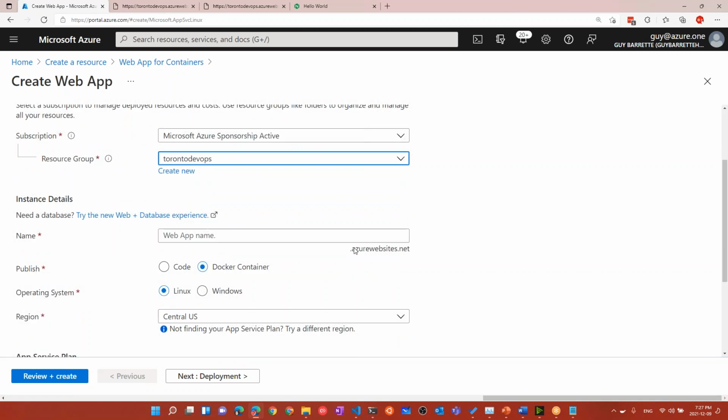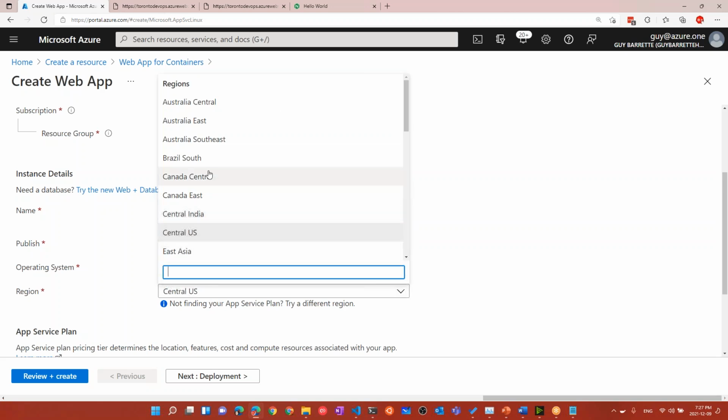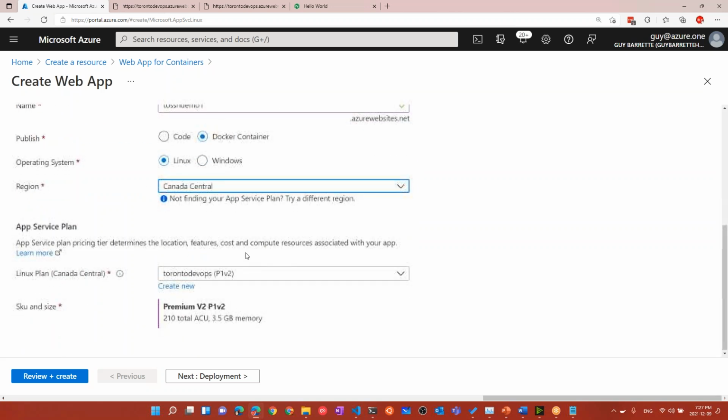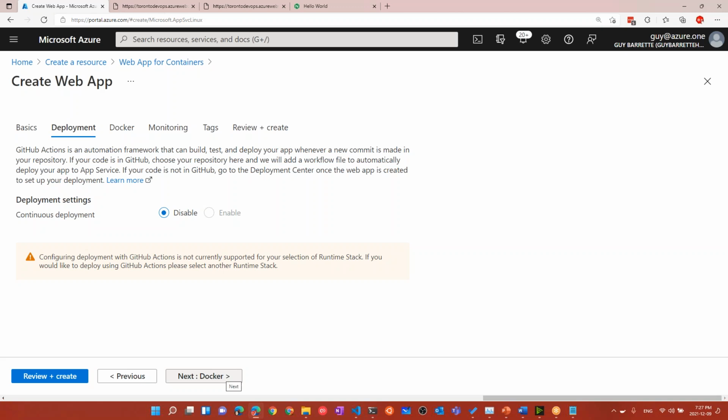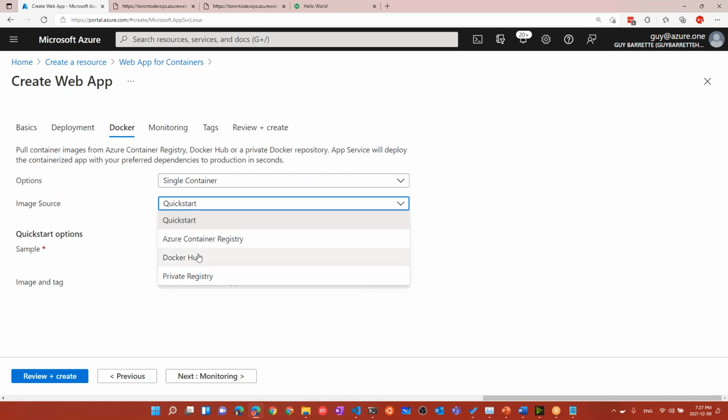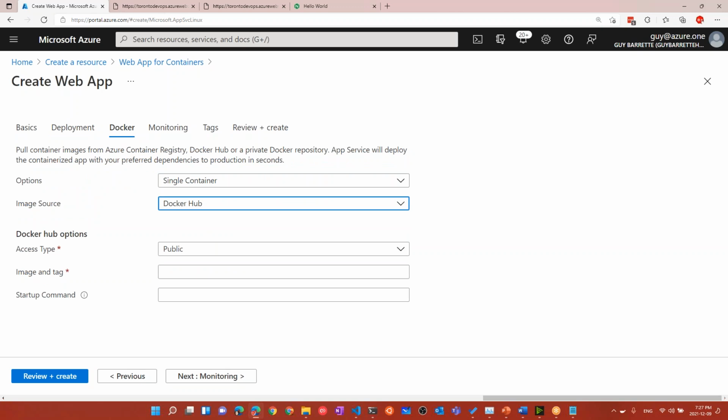Toronto DevOps web app. We'll call that SSH demo 1. Is it? Let's not take any change. Toronto, Canada Central. We'll use the same VM. Docker, it'll be. Let me grab